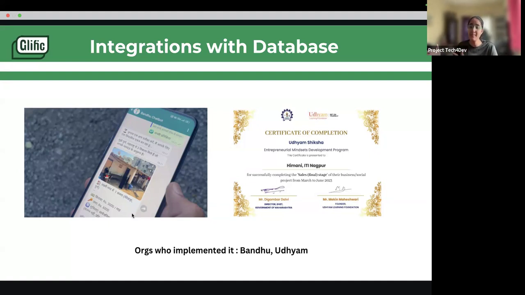Two, once the students complete certain milestones, they get certain certificates or points, and this data is coming from a database, because all of Udyam's data is in BigQuery. So they are getting data back from BigQuery and customizing. They have a basic certificate template, and the name and the city you can see, this information is coming from the database and being stuck onto the template and sent. So it's more personalized information, a personalized certificate that the student is getting, but all this information is coming from the database.